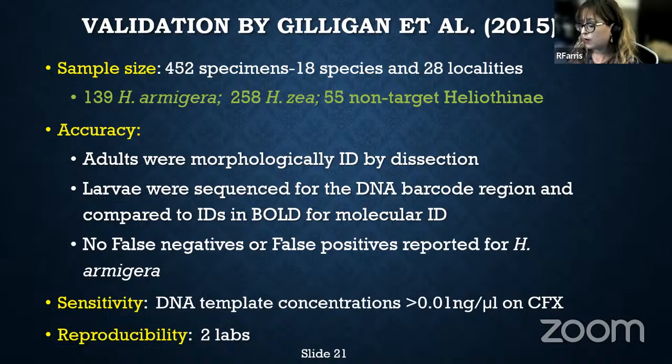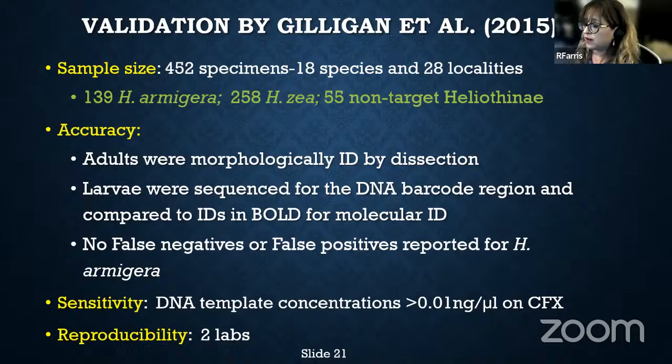So we do that whenever we're developing for the first time a brand new tool for a certain species. That basically gives us the justification that what we're developing, the molecular tool, is based on sound science, that it was a morphologically ID'd specimen, so you know there won't be any inaccuracies. And that is important because if you're not confirming by morphological ID when you develop a molecular ID, how are you going to know that your molecular ID is correct if you never confirmed it with morphological first? So that's the idea here.